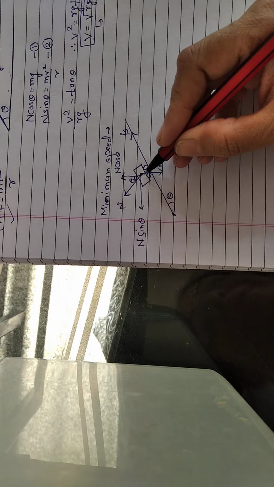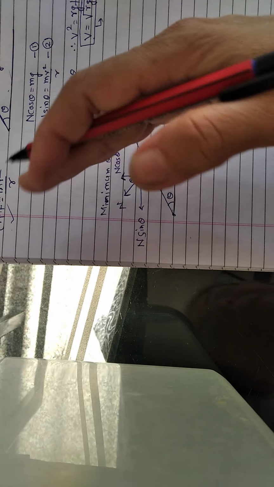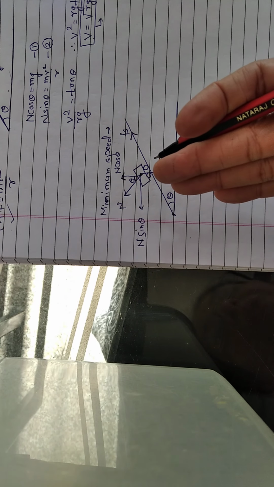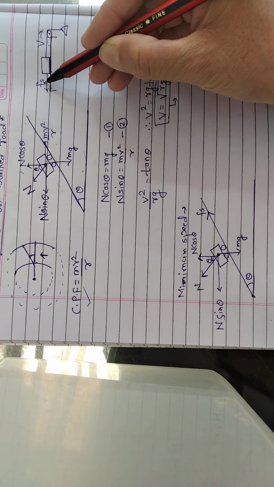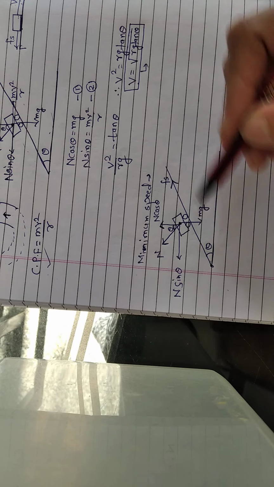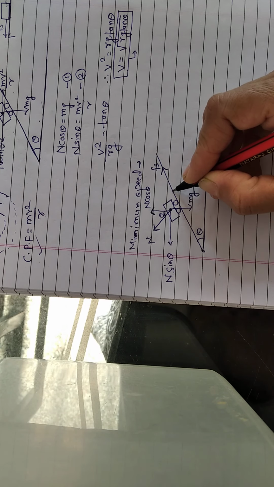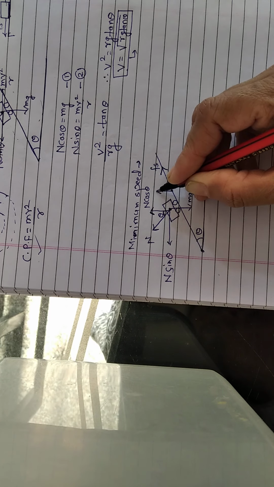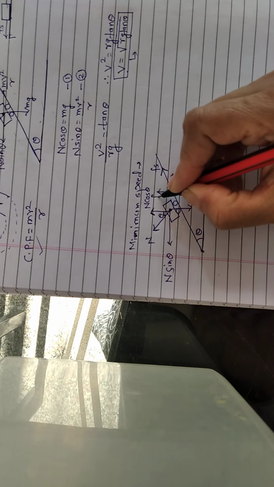Yes. So in the case of the minimum speed, I explained with the vehicle. If the vehicle is moving with the low speed, then it moves toward the center, and we know the concept that V and Fs are in the opposite direction. So if V is towards the center, Fs will be in the opposite direction. Now we can show again here the components of Fs. Suppose this is Fs, that can be resolved into two components, Fs cos theta and Fs sine theta.